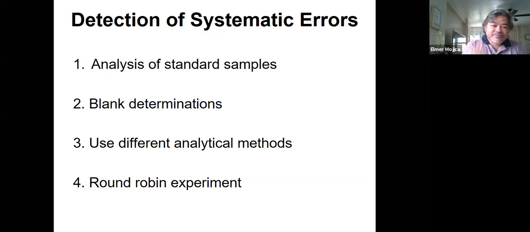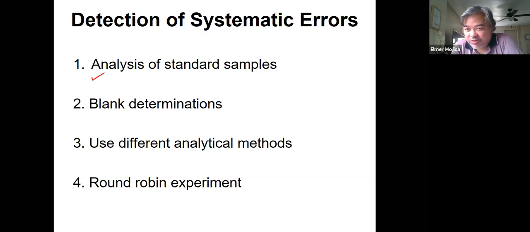The first one is analysis of the standard samples. As I told you, systematic errors are proportional or constant errors, so sometimes it's hard to detect these systematic errors, and you cannot analyze them statistically. So the first thing that you can do is analysis of the standard sample. So what do you do there? You analyze samples of known concentration, such as the standard reference materials, okay? And your method should reproduce the known answer,